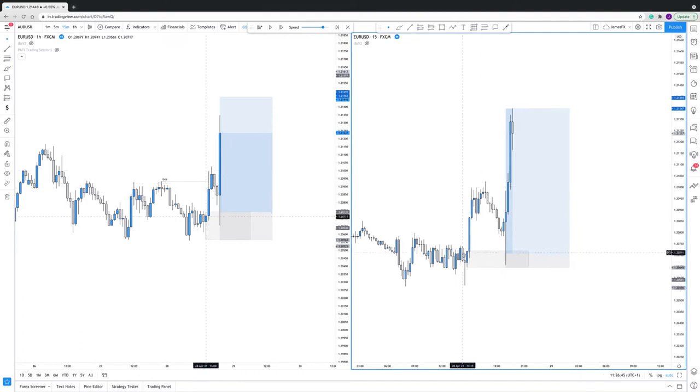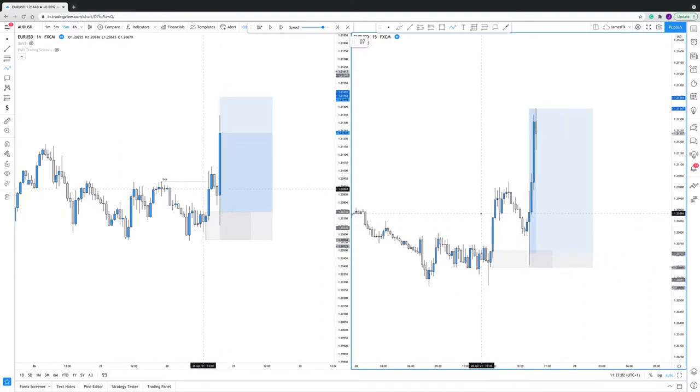Now, obviously these are risky entries if you're just placing entries without any confirmation once price comes in. Now we will get into how we can wait for more confirmation, but a quick little tip of what we look for is once price taps in on an hourly or a 15-minute order block, we can drop to a lower time frame like the 5-minute, 1-minute, or even the 30-second time frame, and what we're